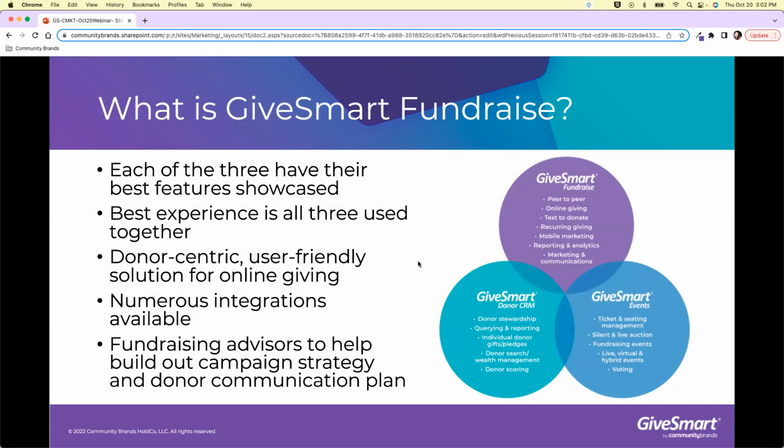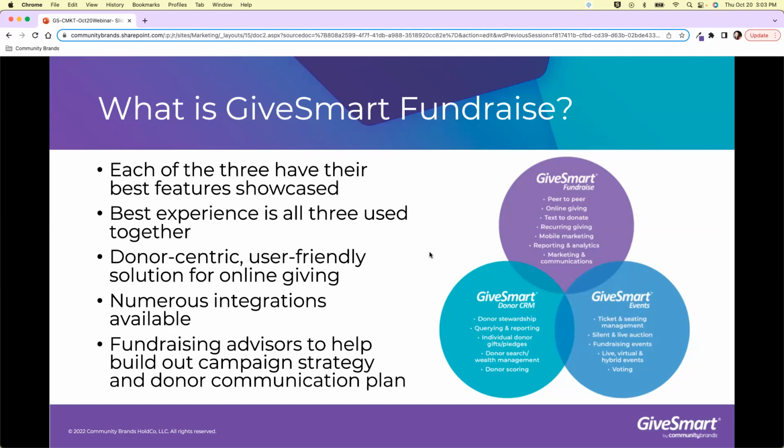So let's start just by talking a little bit more about what is GiveSmart Fundraise. GiveSmart's vision has been to bring together best-in-class solutions to create a unified one-stop shop fundraising tool that ultimately creates that ultimate fundraising solution. So building on GiveSmart's strengths that we already had in the event and auction management arena, we built on some added capabilities for stronger year-round and digital fundraising solutions through the acquisition of a tool called